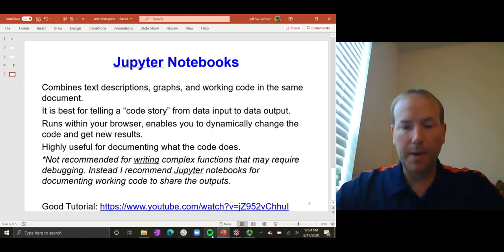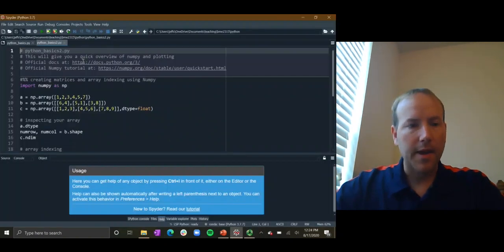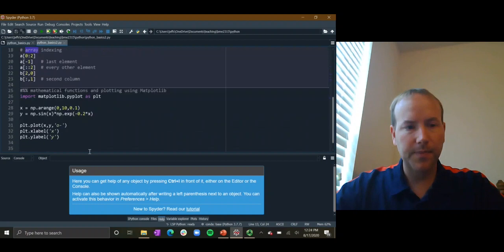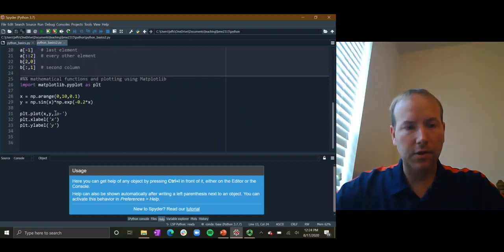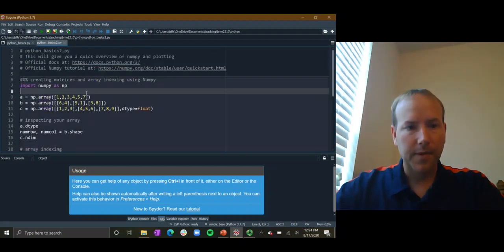So let's go back to Spyder, where we've been looking so far. And remember this Python Basics 2 code. We had one section of code that is using NumPy to create different types of arrays. And then we had another section or cell of code that is using matplotlib. And so to remind you how that's working, we can